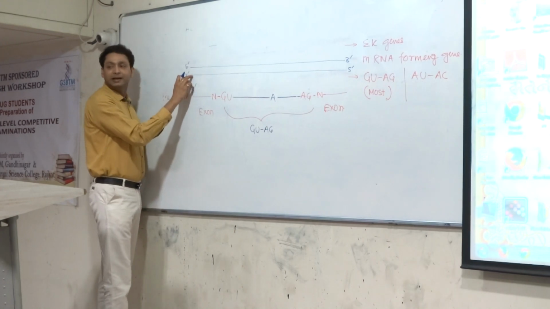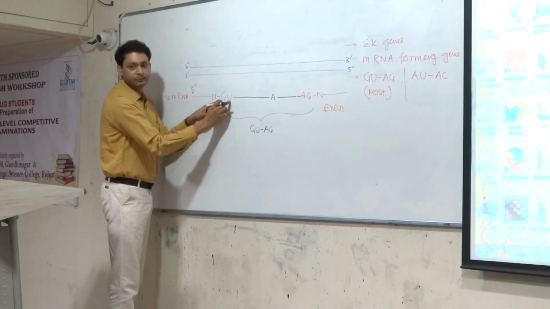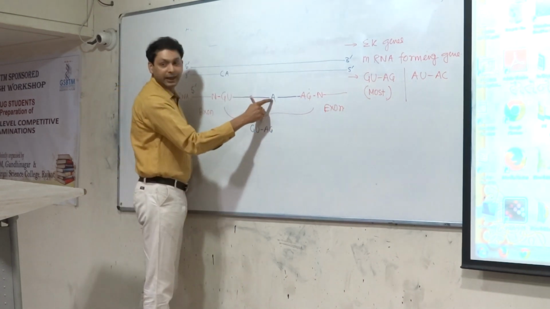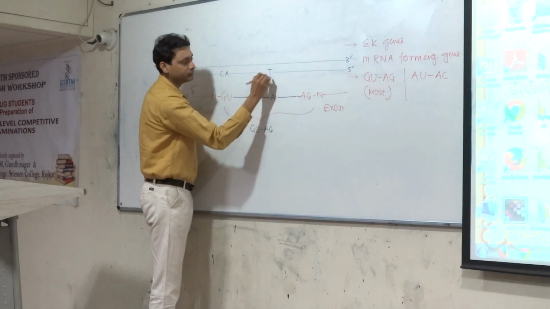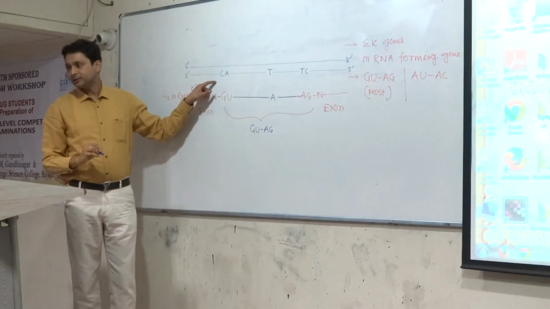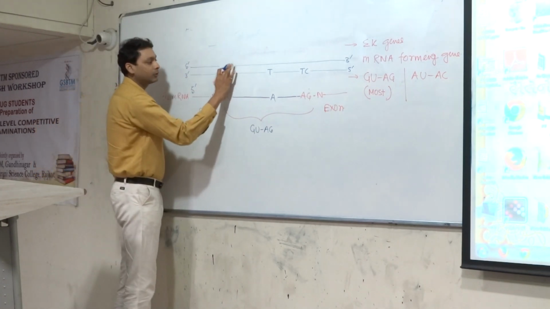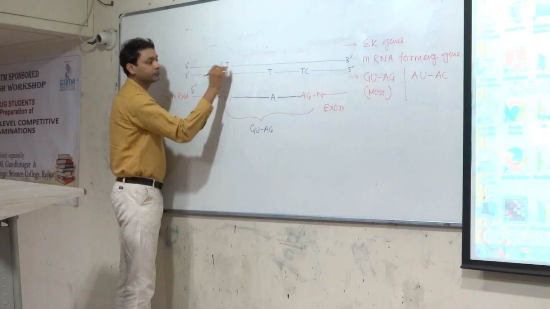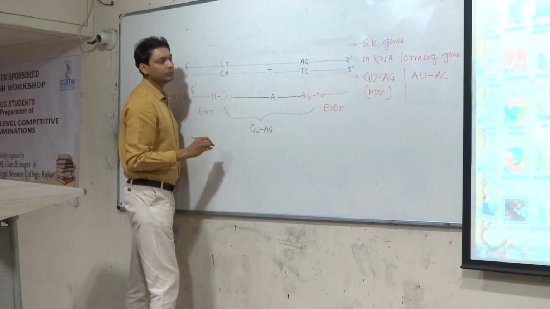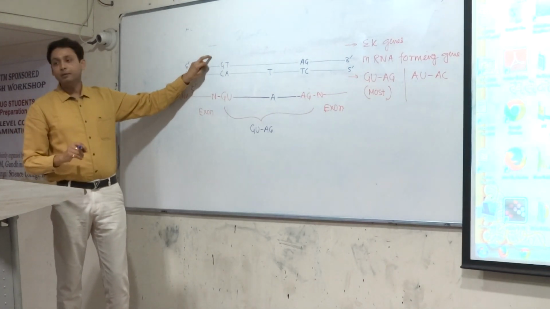This strand is going to act as a template for the formation of this messenger RNA. If it has a GU at this point, then here you will have to mention C and A. This is the A, here should be the T. If AG, then T and C. So this is the template strand. Now this is the same strand. In the same strand, this is the G, T, and at this particular point, A and G.